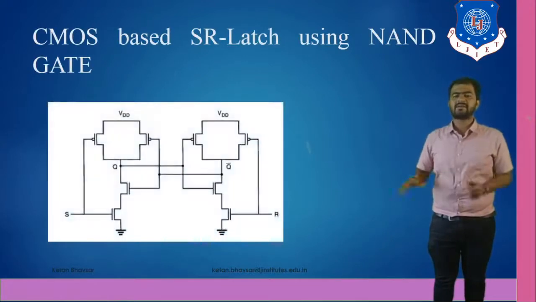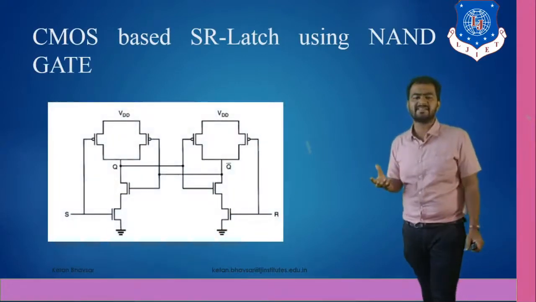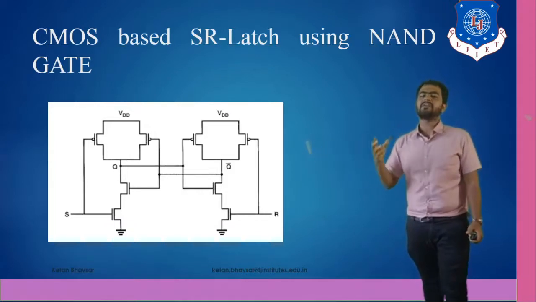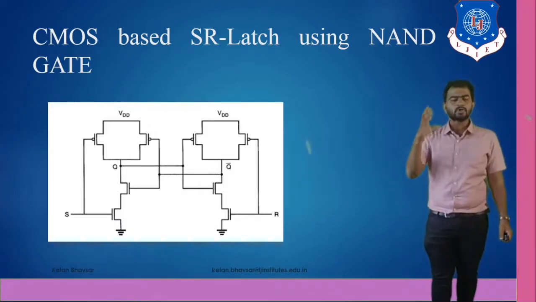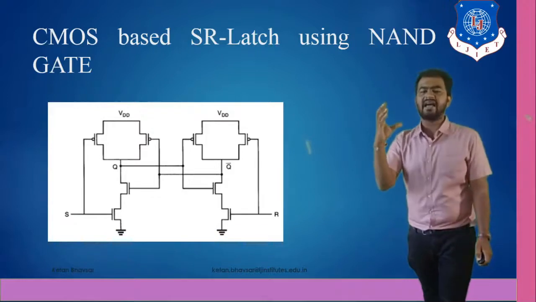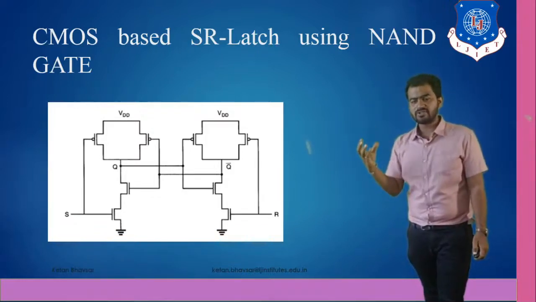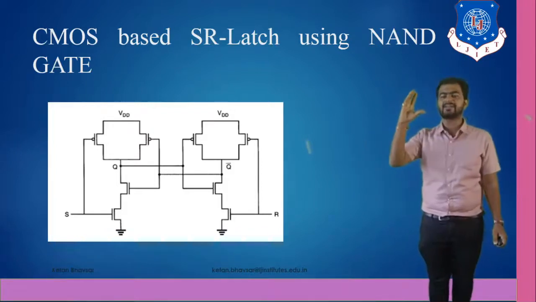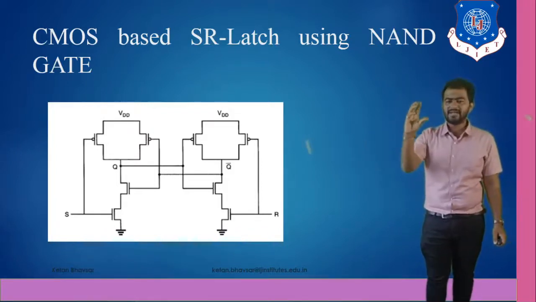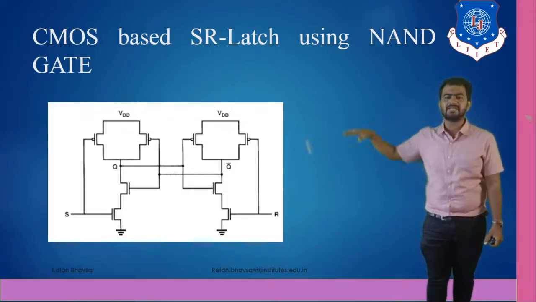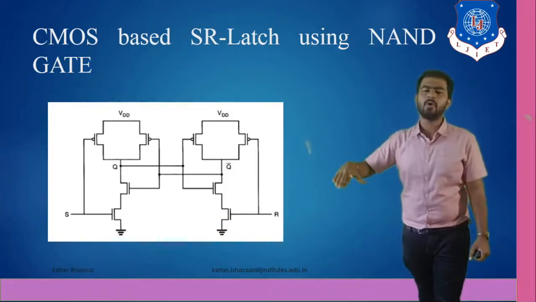Now the CMOS based circuit. As you can see, we are talking about the CMOS based concept, and the design looks like this, because ultimately we are talking about the two NAND gates. We have to design a two-input CMOS circuit, so ultimately you have to design two NAND gates. One NAND gate consumes two NMOS and two PMOS, so the 8 CMOS concept means 4 PMOS and 4 NMOS.